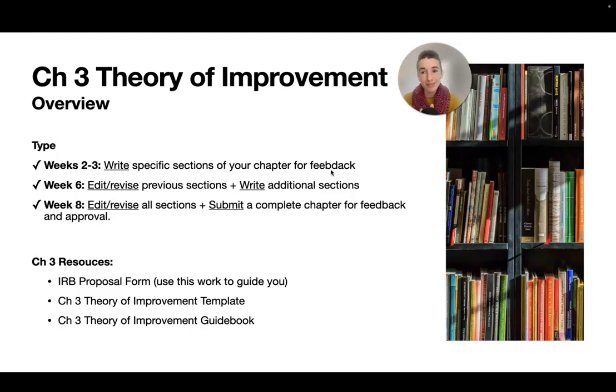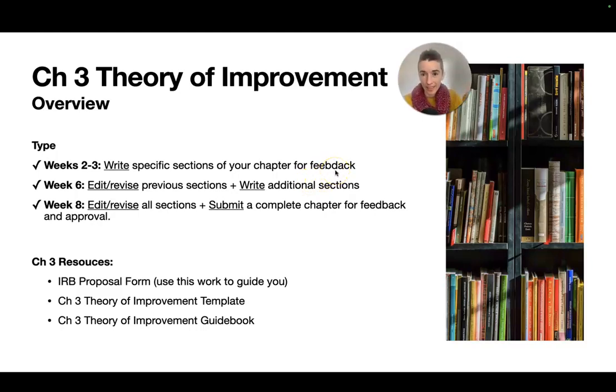Now you'll get feedback from me when you submit those sections for chapter 3. You will submit the entire document, so there are going to be sections that are blank. Totally cool. The instructor and I are going to zoom into just those specific sections. You do not have to cut these sections up into other documents. You're just going to keep submitting the same file that you keep working on. There will be sections that are left empty and still have maybe notes or an outline. Awesome. Totally cool. You will get some feedback from me.